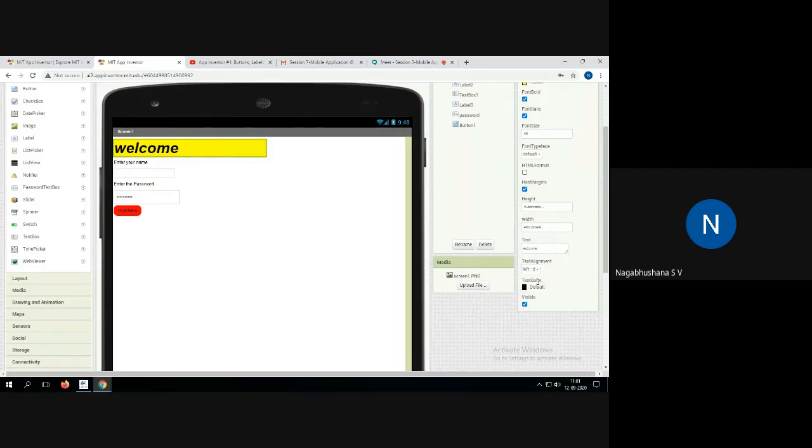Okay, I want to make it left. By default, it will always be left. If I want to make it right, you can click on this. See, it will be in the extreme right. And what text colors do you want to have? So I can select, say, anyway, it is black only.